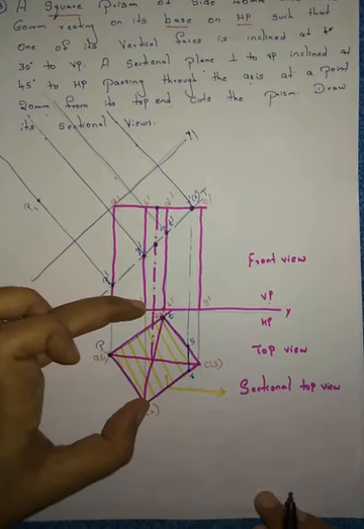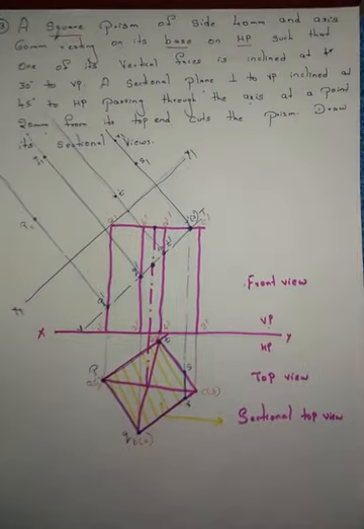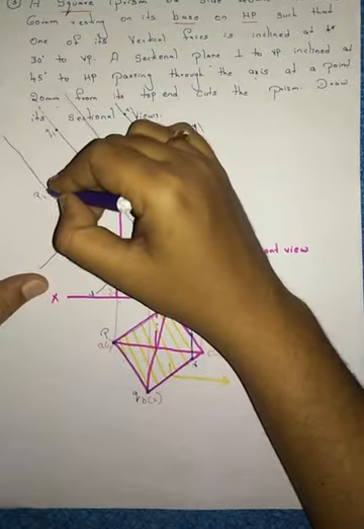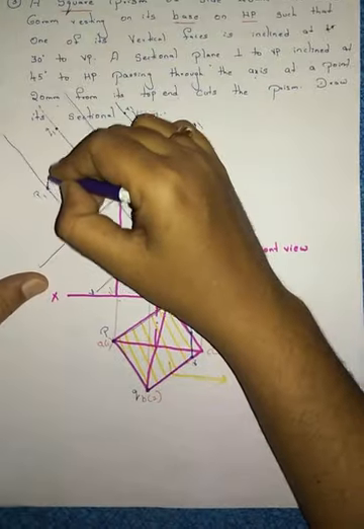right? From the reference line to S point, take this distance. From this reference line, mark the S point. From the reference line to T point, and here, see, this is your T line. From the reference line, mark here T point, right? So if you join this P, Q, R, S, T, P, whatever shape you are getting here, same shape you will get here, right? So this is nothing but your true shape.